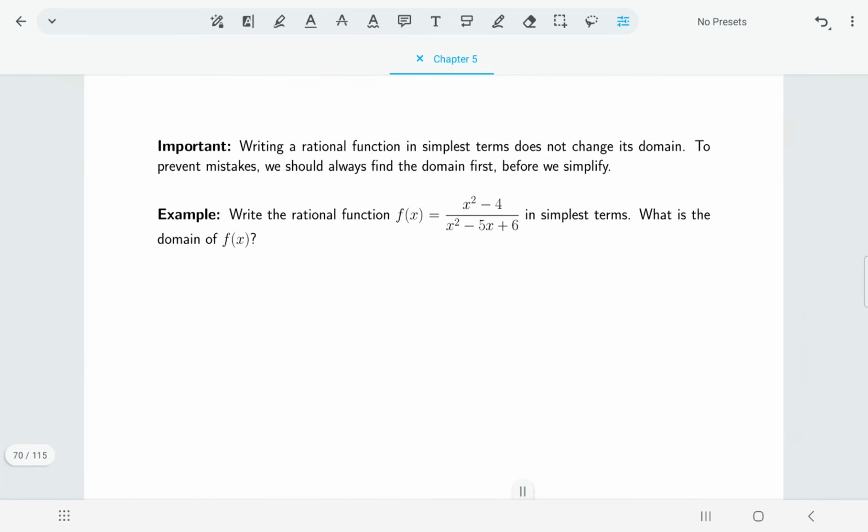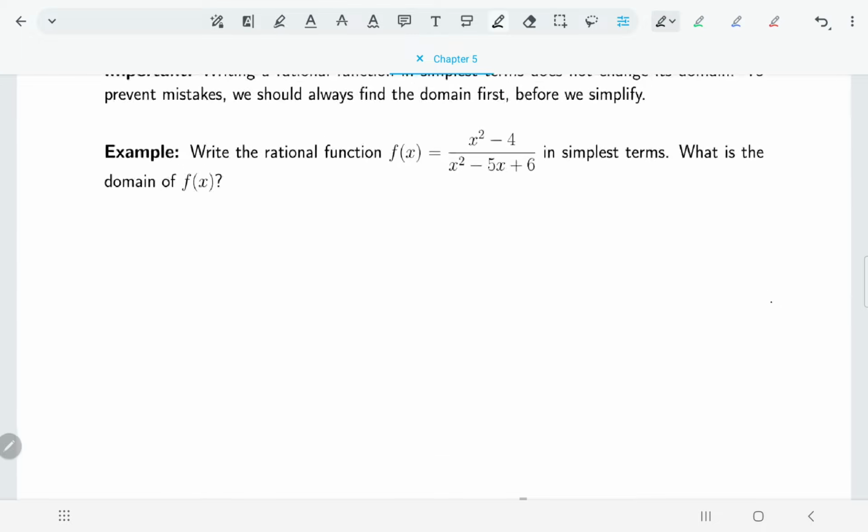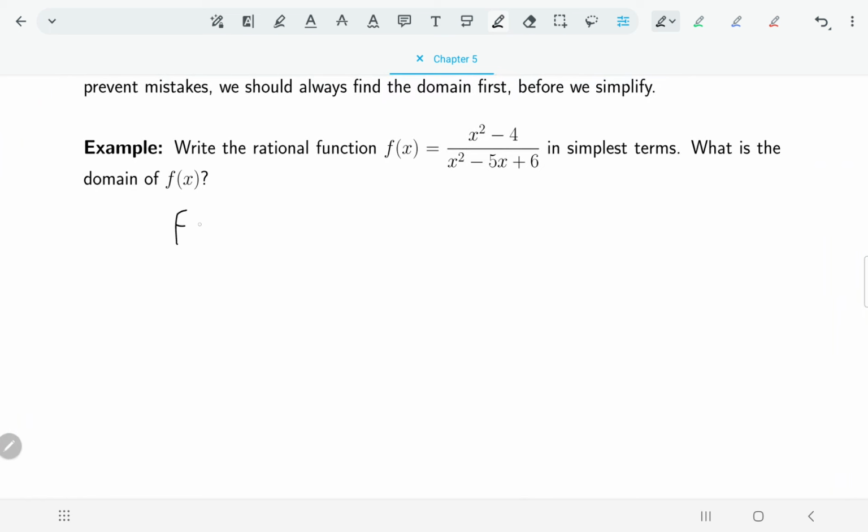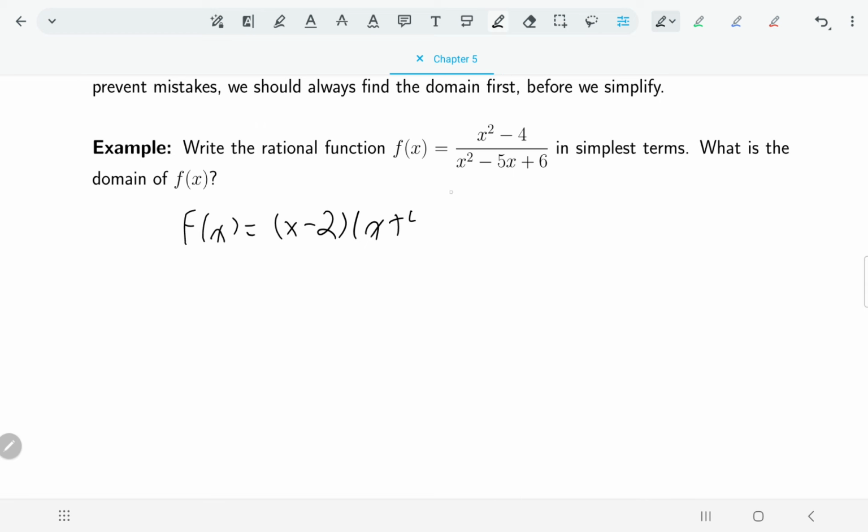Okay, so for this first example, we just want to write this rational function in simplest terms, and so before we can do that, we need to factor both the top and the bottom. The top factors nicely as a difference of squares. And the bottom also factors not too terribly, x minus 2, x minus 3. And the x minus 2's cancel,